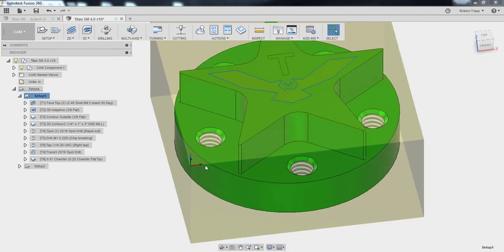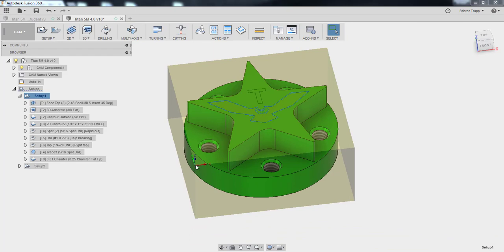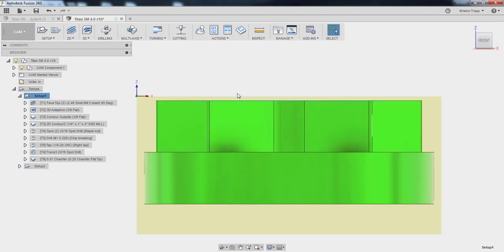In review, work coordinate system is going to be front, left, top corner of our stock, and then we need to make sure that we have 30 thousandths on the top, a lot of material on the bottom for our talon grips, and our tool numbers are: tool number 1 is the shell mill, tool number 2 is the 3/8 flat end mill, tool number 3 is the 1/4 inch diameter end mill, tool number 4 is the spot drill, tool number 5 is the number 1 drill bit, tool number 6 is the tap, tool number 8 is going to be our 5/16 spot drill used for engraving, the trace feature,